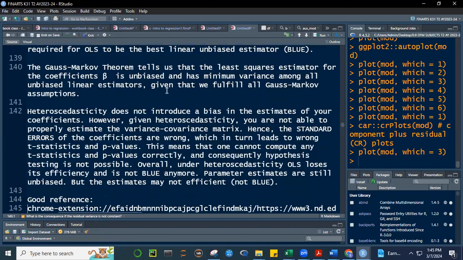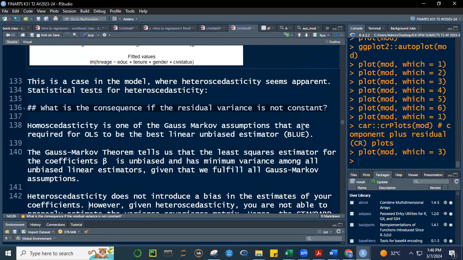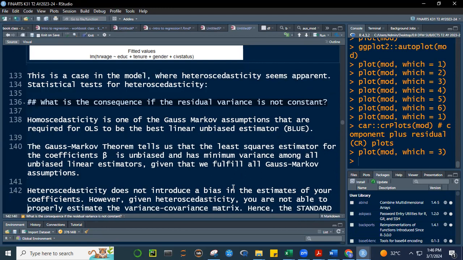Now, pag heteroscedastic siya, class, ano mangyayari? Take note. The betas, class, okay, pag heteroscedastic, hindi naman magiging bias yung estimators natin. Okay, please take note of that, no? So, unbiased pa rin yung estimator natin. However, okay, and this is very important,